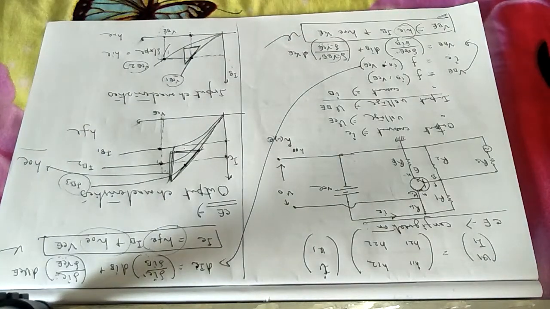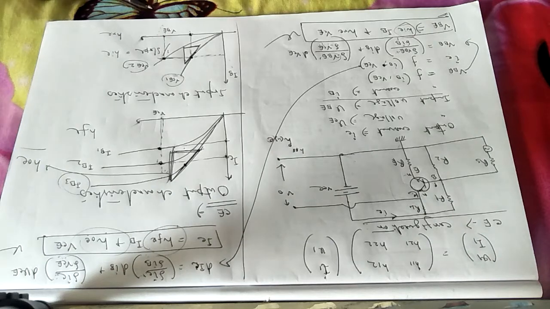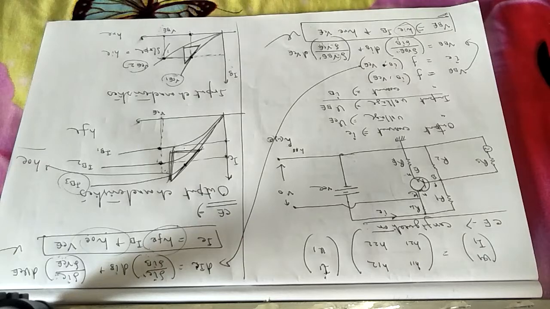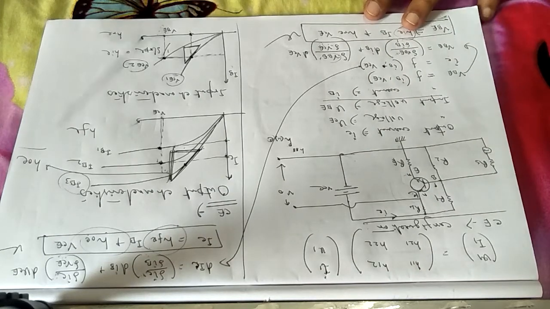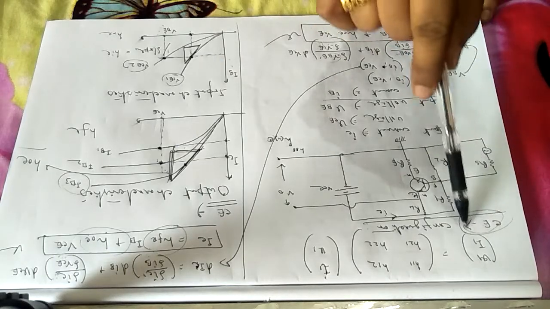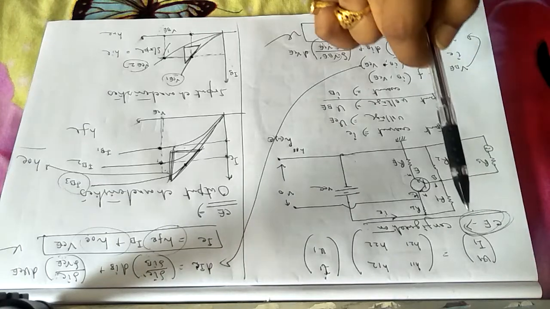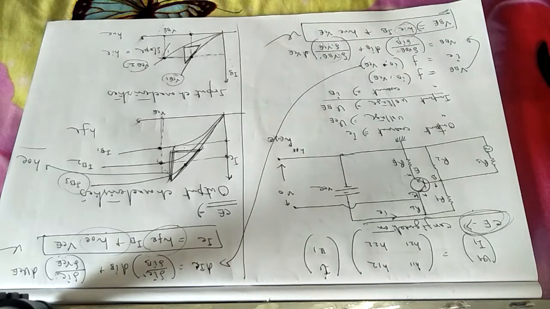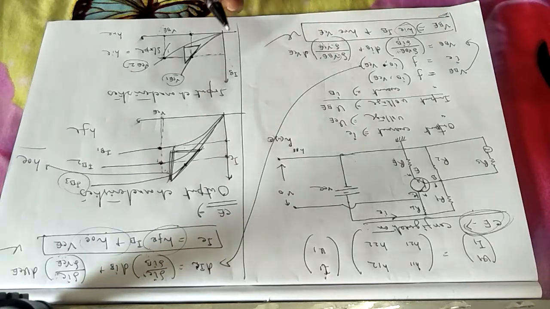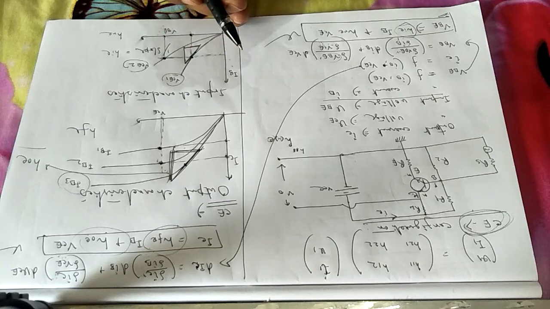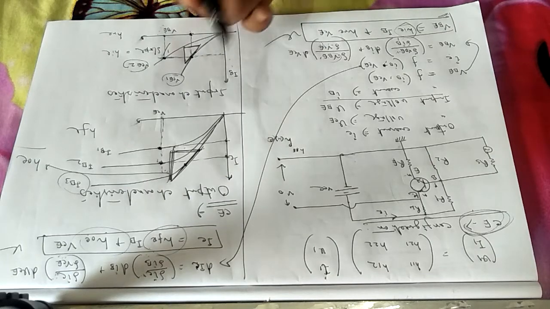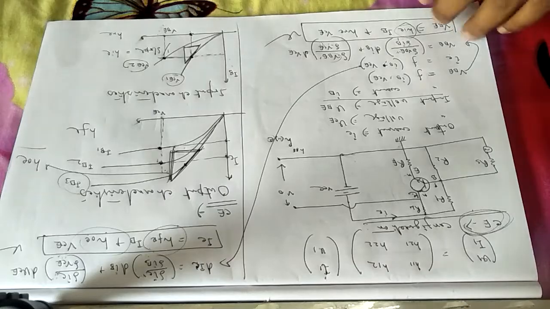It is very simple. This experiment is included in your syllabus, where you have to calculate all the hybrid parameters of the transistor from the transistor input and output characteristics. Whatever I have shown till now is the hybrid parameters and their analysis for the common emitter configuration. Your home task will be to understand the same for common base configuration. Consult any book, first go through it, then try to write it. If you can, upload the writing on the WhatsApp page so that I can check it and give my comments on whether you are going in the right direction or not.